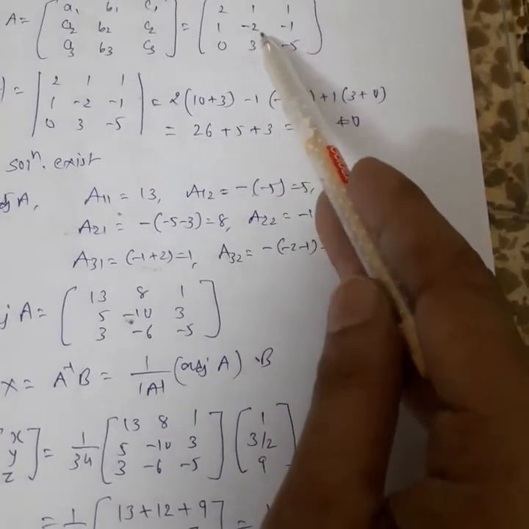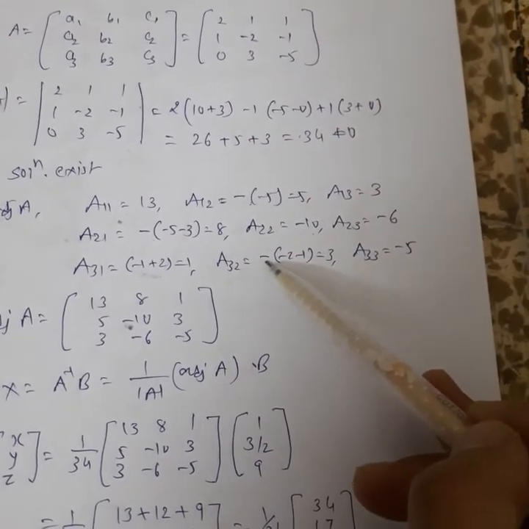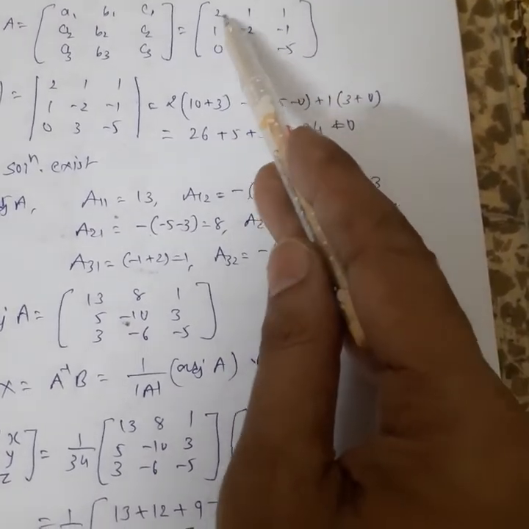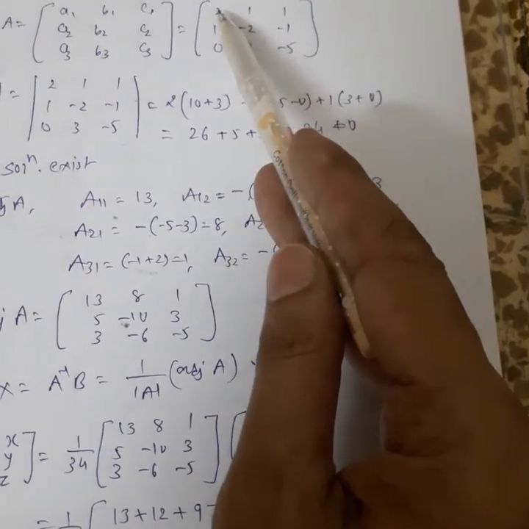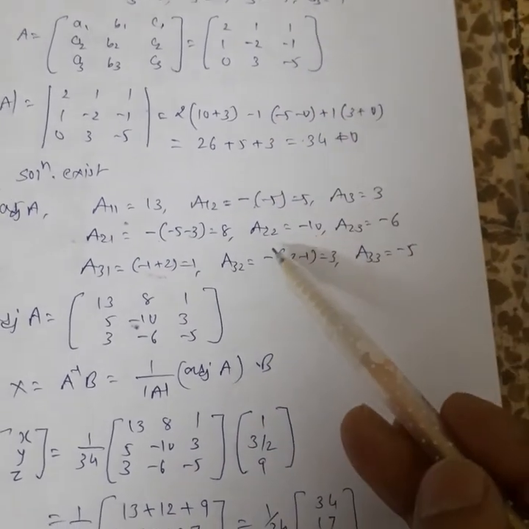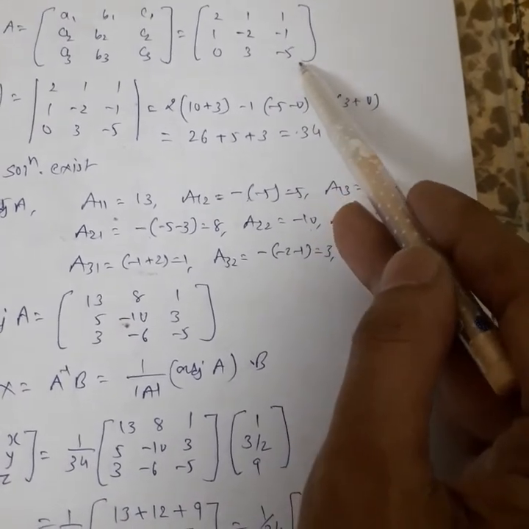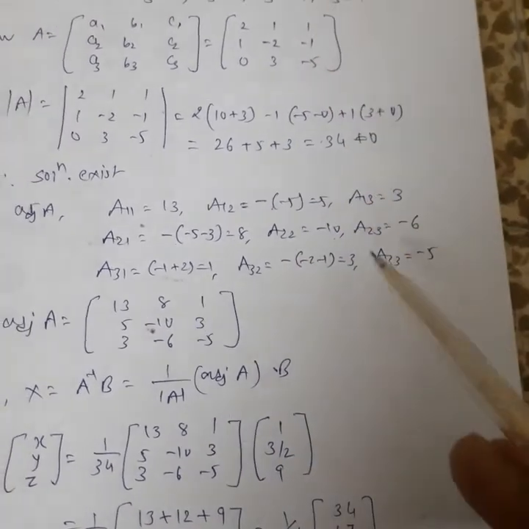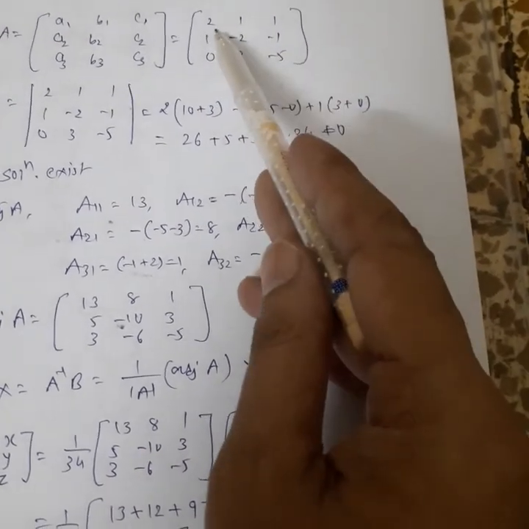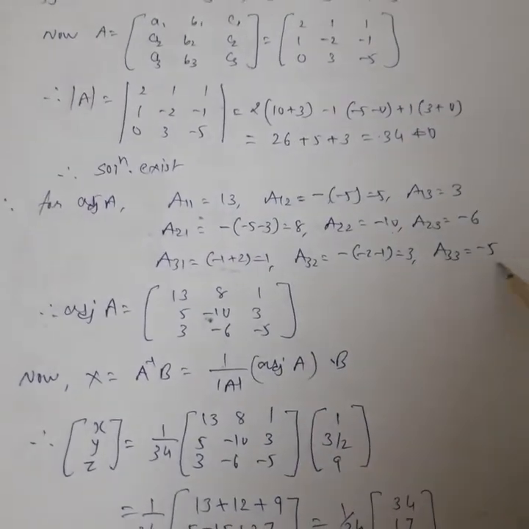Now the cofactor of 3, the element of third row and second column: 3 plus 2 is 5, so minus 1 raised to 5 is minus 1. By hiding third row and second column, the elements are 2, 1 and 1, minus 1. For the determinant of order 2, its expansion will be minus 2 minus 1, that is minus 3, again minus 3 into minus 1, that is plus 3. And for the last element, the cofactor of minus 5, which is the element of third row and third column, 3 plus 3 is 6, means minus 1 raised to 6 is plus 1. By hiding them we get the expansion minus 4 into minus 4 minus 1, so minus 5. This is the cofactor of minus 5.